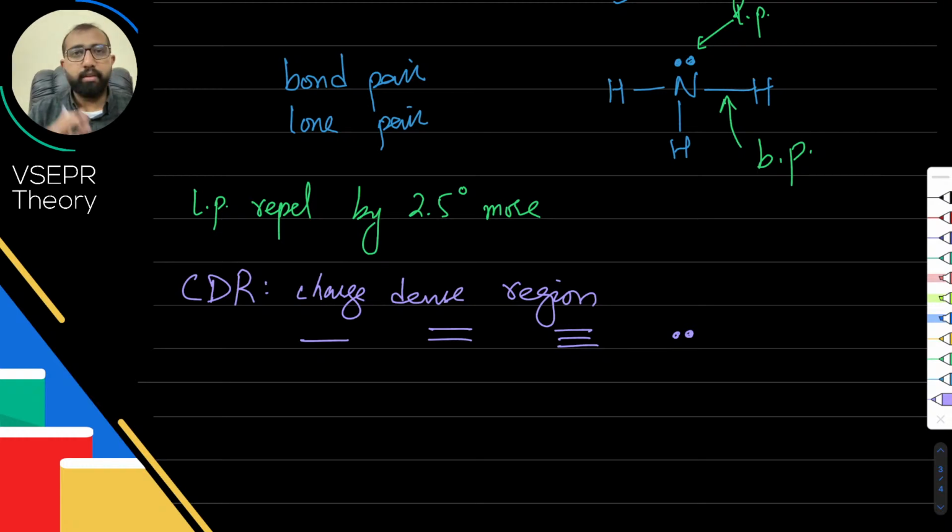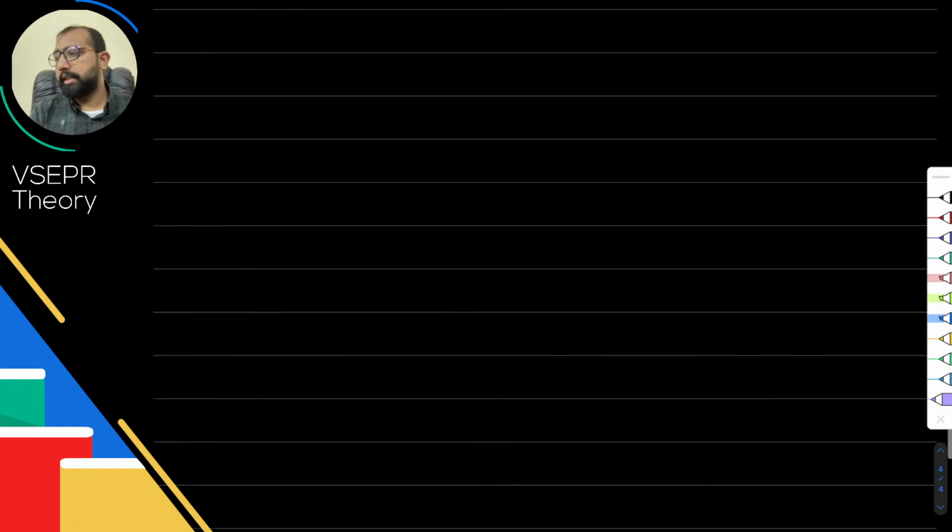So we have single bond, double bond, triple bond. They're all CDRs. They're all equally good. And then we have lone pair which repels by 2.5 degrees more. Now moving on. Let's say we'll start with a very simple case, कि हमारे पास